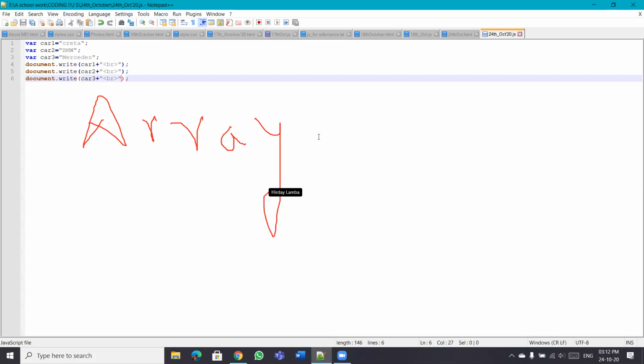ARRAY, array. So if someone asks what is an array? An array is a collection of values. Okay, so it's the same thing. We are going to do it in a different manner, which will make use of fewer lines of code. So whenever you have a lot of values which are similar and you want to collect them in a variable, instead of making use of different variables, you'll make use of an array.